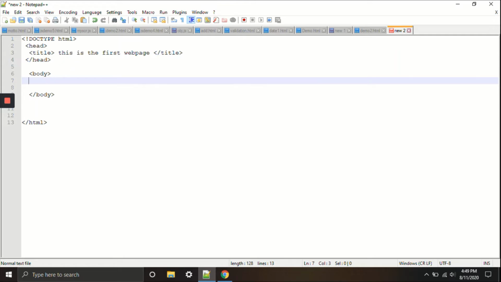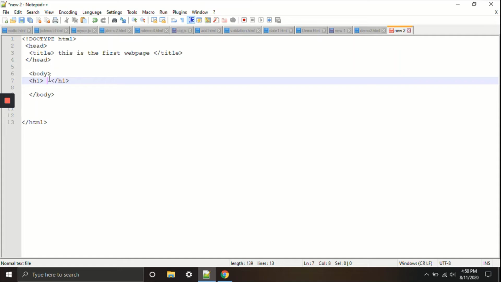And you will have to write that thing also in text. Like for a heading, I want to put a heading there. We will have to use an H tag, H1 tag. There are many types of H tag like H1, H2, H3, H4, H5. But here I'm first telling you what H1 is. Just take it as a heading tag, and it also needs to be closed. H1. Sorry,